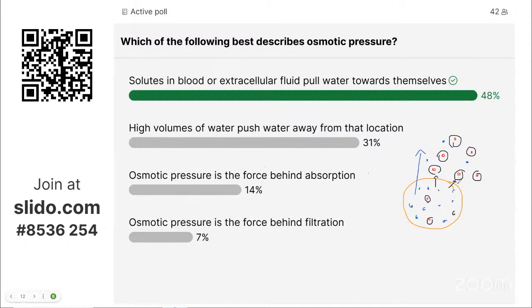This is how we can evenly distribute solutes in an aqueous solution, right? We can distribute them because we want kind of an equilibrium, an even ratio of solutes to water molecules inside and outside a cell when we talked about it before. Now we're going to be thinking about it with respect to capillaries, okay? But that osmotic pressure is that pull on water,